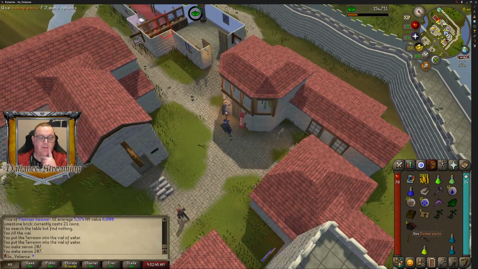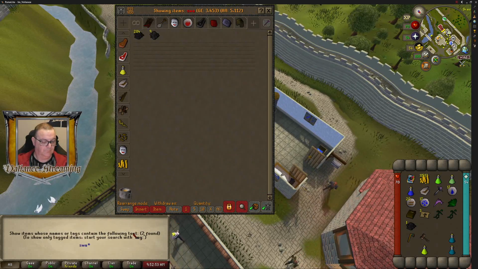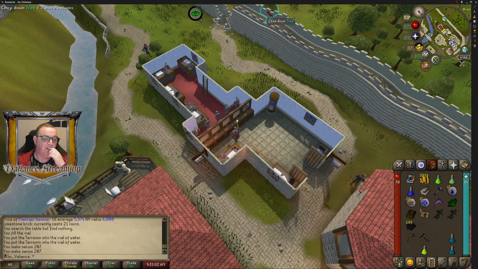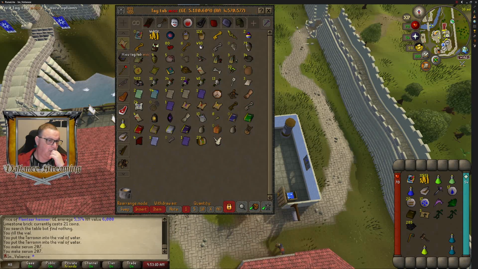Do we have any swamp paste? We might have. Swamp paste, we've got a lot of it. You know, should we just take it all? Does it hurt to just take it all? The rest of our stuff's gone. So maybe we need...